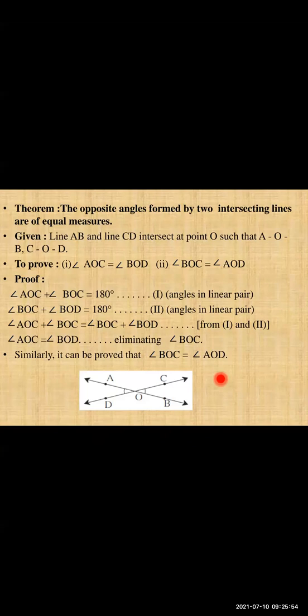So similarly, whatever logical things we have taken here, these are all logical things. Okay, these are not hypothetical things. So here we have taken some logical things, that this angle becomes 180 degrees, this becomes 180 degrees. As they are both the same, we put both the angles equal, and BOC is the same, so they cancel each other, and we get these two angles equal to each other. Angle AOC and angle BOD, like this.